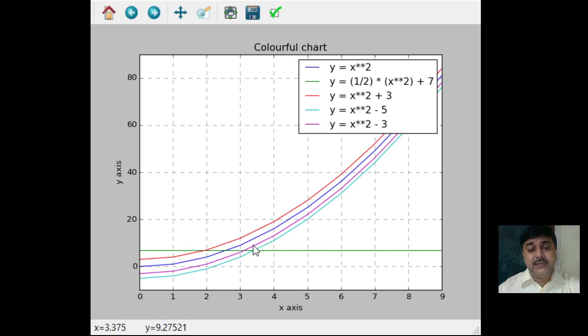Except for those, the other colors are taken by default: light blue, then magenta, then this violet color. By default Python has given those colors to mark the different lines.